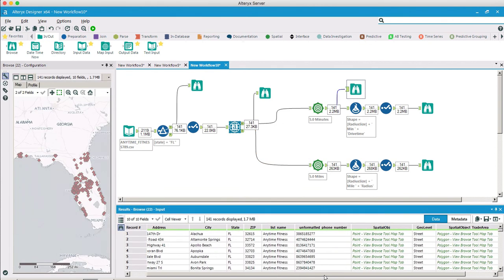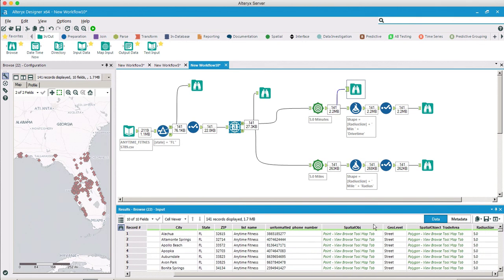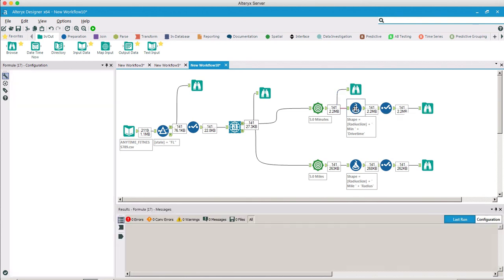But what you get directly out of the market area tool is you have your spatial object, which is your point, and now you have a trade area. So this trade area represents the 5-minute drive time around that location. So to move this forward into something that's easy to use and pass into maybe an open source GIS tool like QGIS, which we'll work on in another segment, what I'm doing is I'm